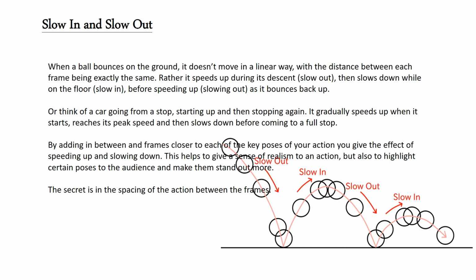stop. By adding in-between frames closer to each of the key poses of your action, you give the effect of speeding up and slowing down. This helps to give a sense of realism to an action, but also to highlight certain poses to the audience and make them stand out more. The secret is in the spacing of the action between the frames. For example,